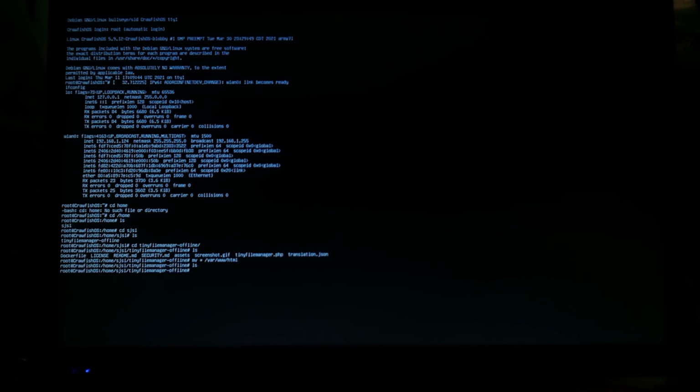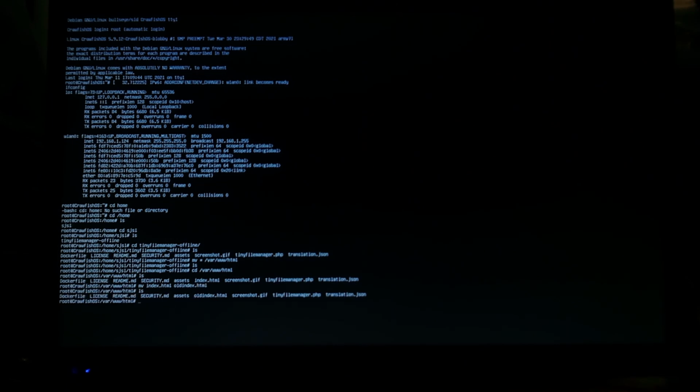It is. We'll go to our web root, /var/www/html. I'll keep the demo HTML file. I'll just rename it. So mv index.html old_index.html. Old index, I guess. Doesn't matter. And then I want to rename Tiny File Manager. So mv tinyfilemanager.php index.php. So that's the first thing that loads, or the first thing that you see when you open